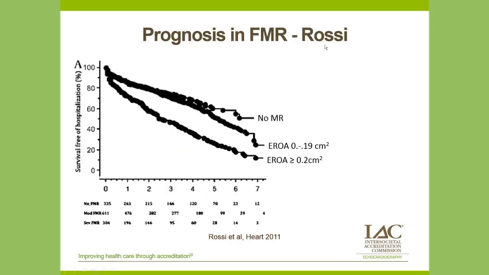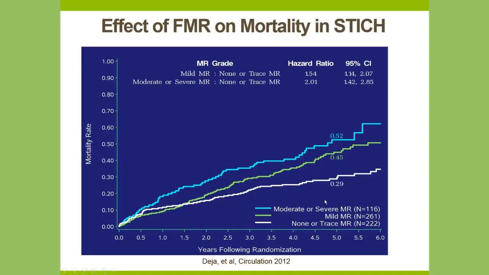Here's an Italian study from Rossi, same thing. The more the MR, the worse the prognosis. So there's lots of data. But what's interesting about this trial, and Blaise Carabello really came up with this, is that if you look at the no MR patients, they had higher EFs and smaller diameters of their ventricle. And as you got to higher degrees of MR, the LV function was worse and it was more dilated. So this throws up a conundrum, which is what is it? Is it the MR or is it the ventricular function?